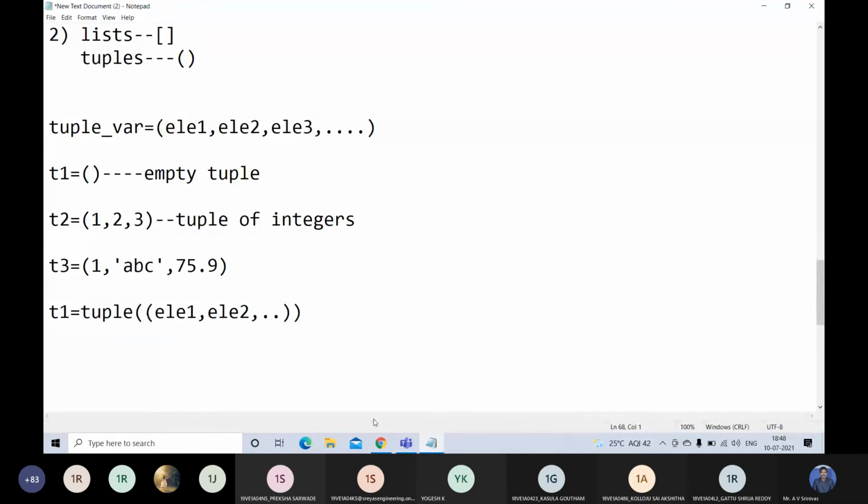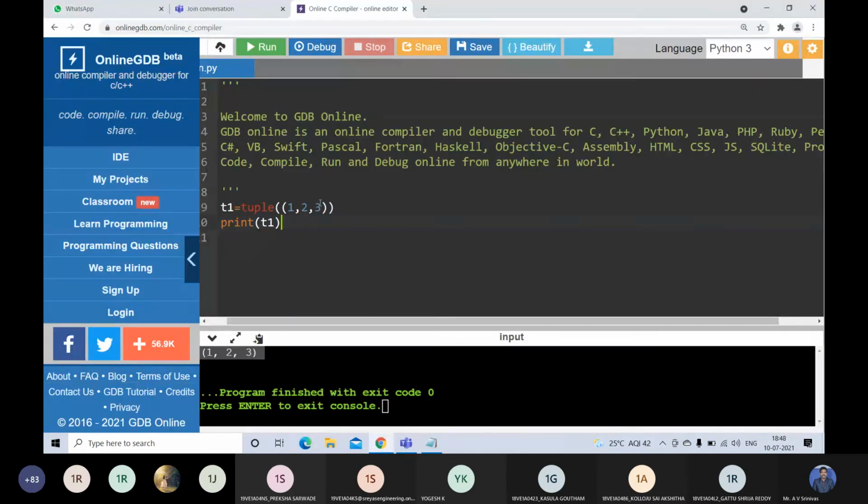So one more point here is, suppose I want to create a tuple with one element. Creating a tuple with one element is a tricky one, because if you write, see here, not writing the tuple function, I'm just writing T1 is equal to 1.